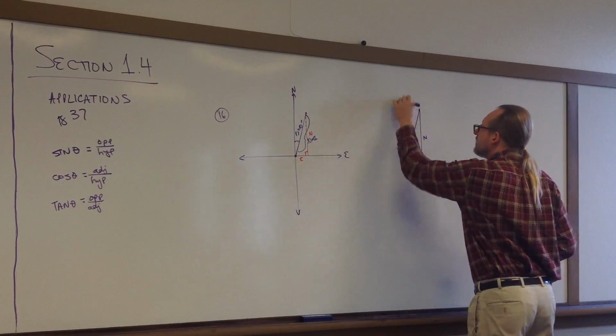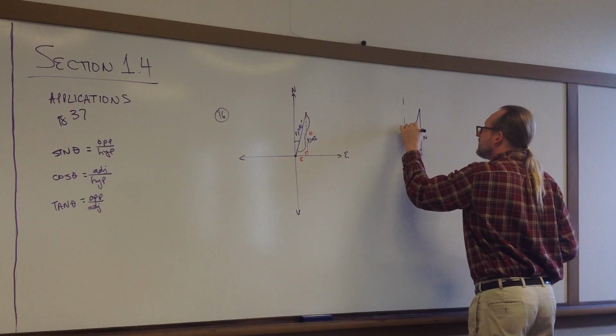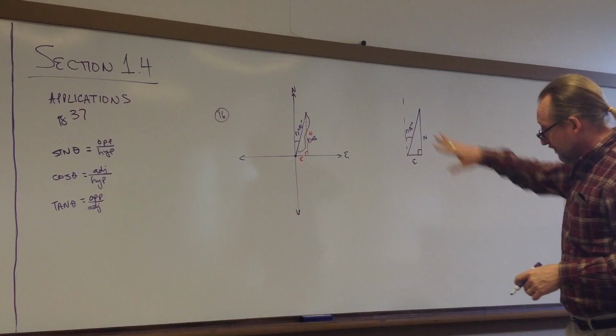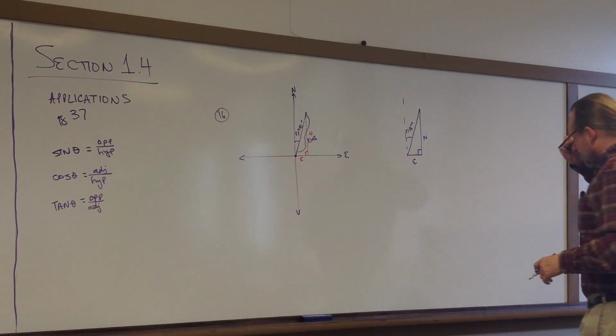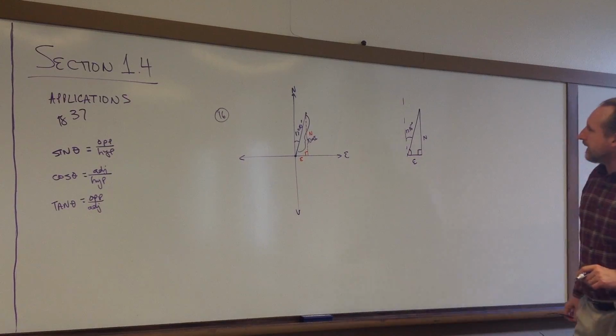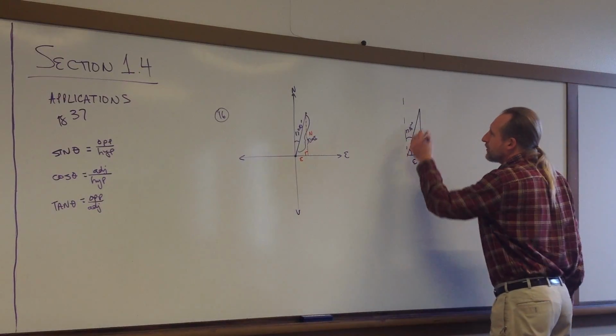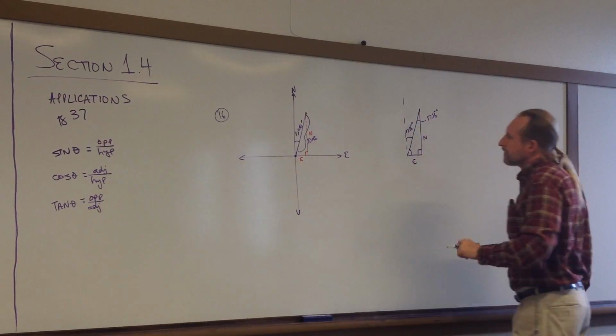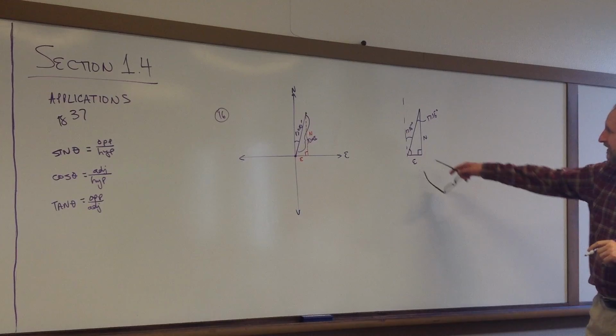Now we know that this angle in here is 17.16 repeating degrees. That 10 minutes, 10 out of 60, is going to be 0.16 repeating. So this angle in here is going to be 17.16 repeating degrees, which means that this one down here is going to be